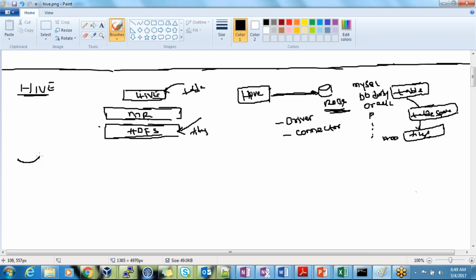First, install MySQL, because we are going to use MySQL for this. Then download and install the MySQL connector. It will come like a Java connector, version 5.1.28 or something. This is called the connector. And download